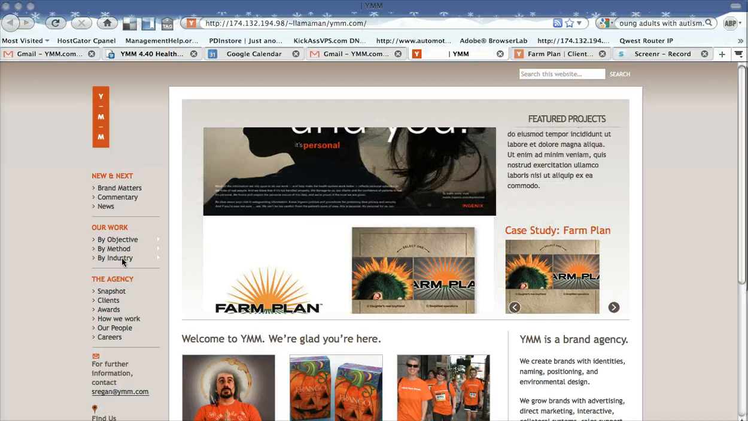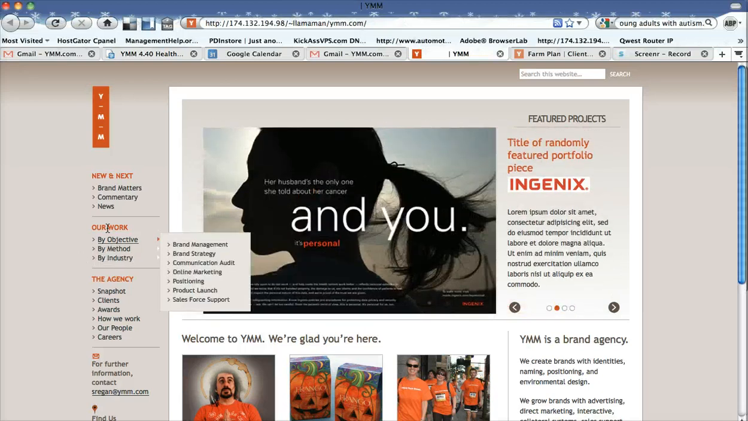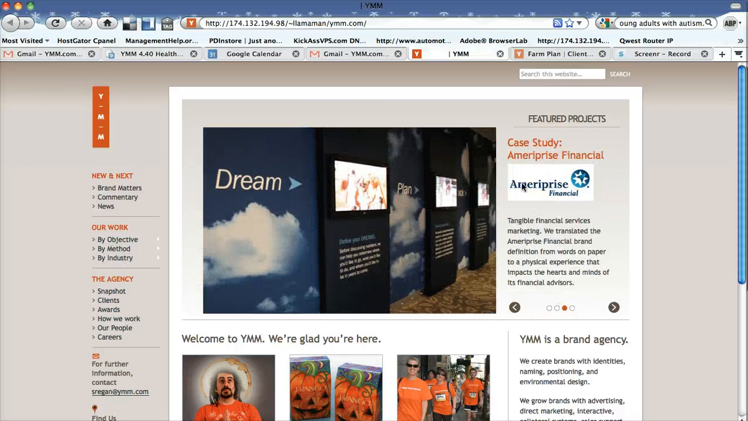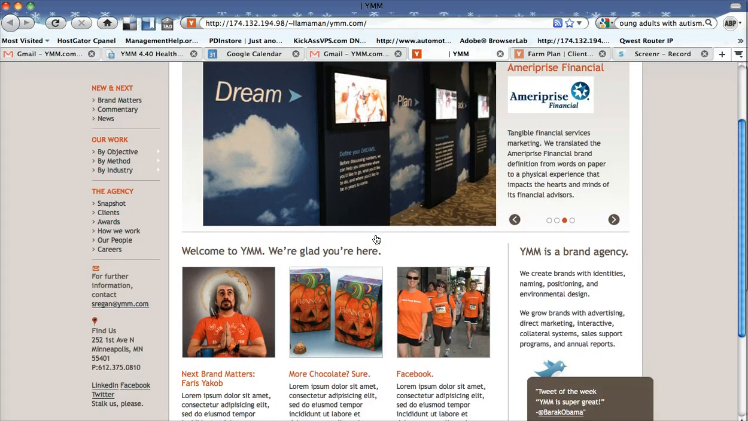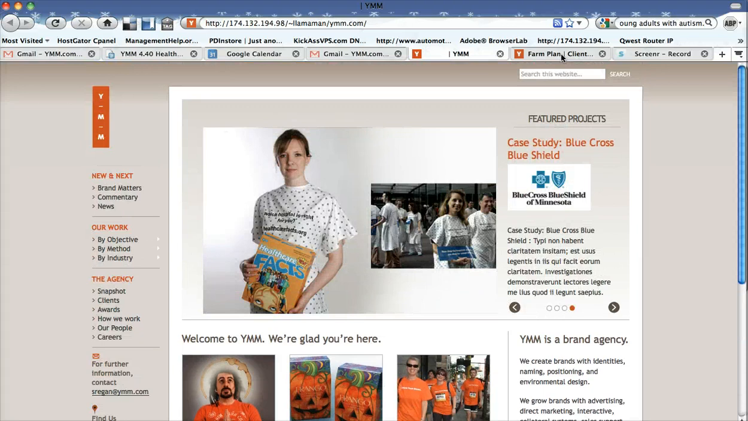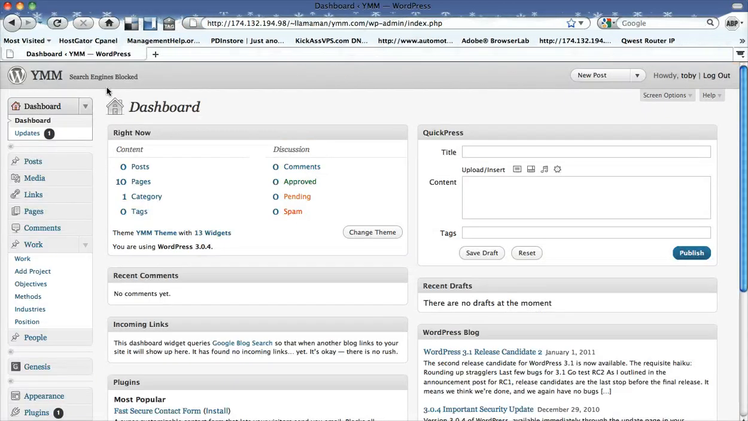I'm going to walk you through how to add a new project to the new YMM website. And by project, I'm talking about the stuff that goes in the Our Work section. It also displays in this area, and from time to time you might want it to show up down there as well. So the first thing you need to do is log into the YMM website, as I have already